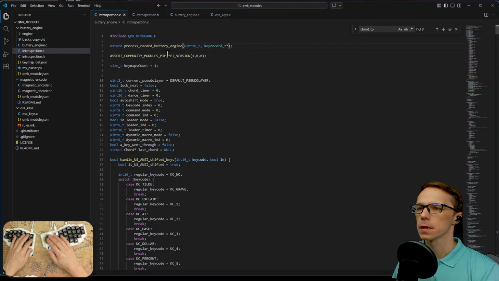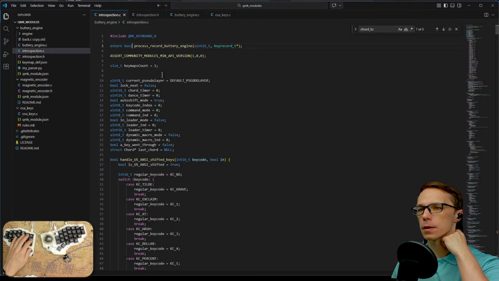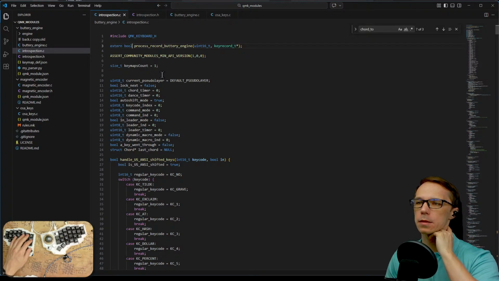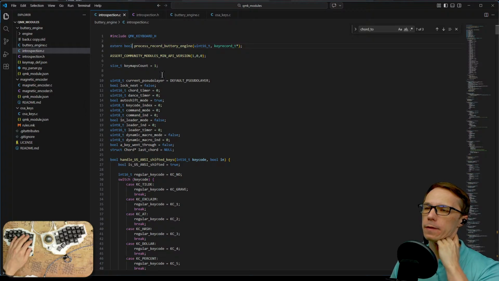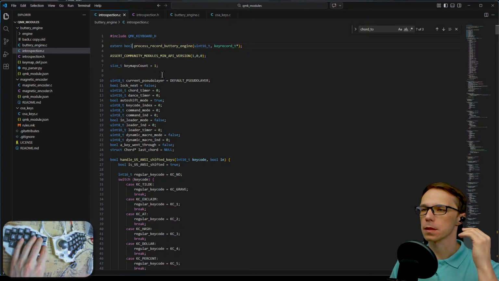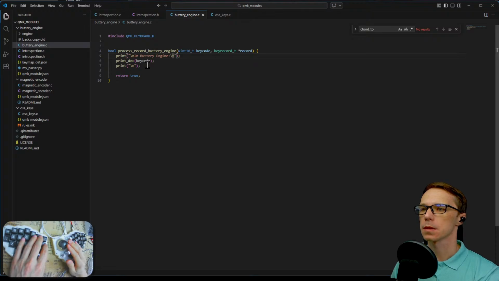I'm not quite sure if this is a proper definition. Yeah, so what I'm trying to do is link them together. If I define this function that sits inside the Buttery engine file over here, because that's the one that is able to process